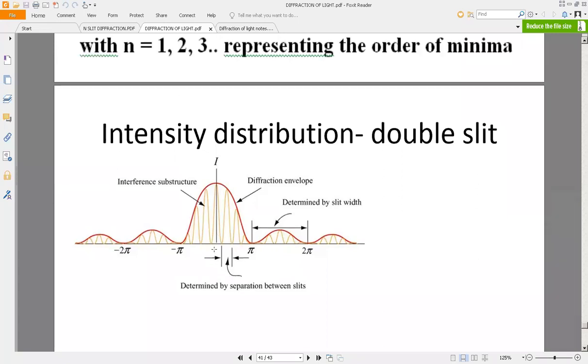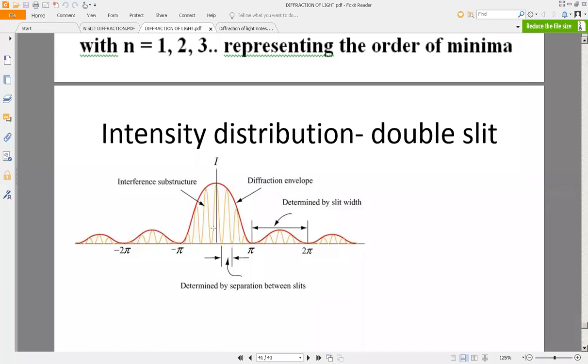That's why from double slit onwards, we will never ever say principal maxima. I repeat, from double slit onwards, we will never ever use the word principal or central maxima. There is no question of principal maxima or central maxima. It's gone. Only in the single slit case will you get this full envelope, that is full intensity.